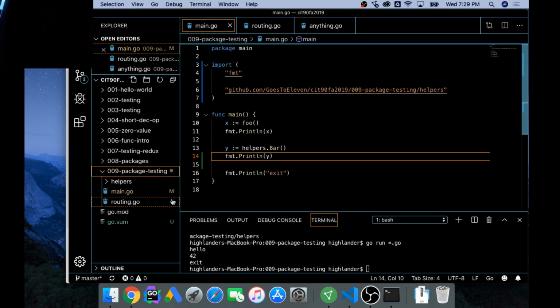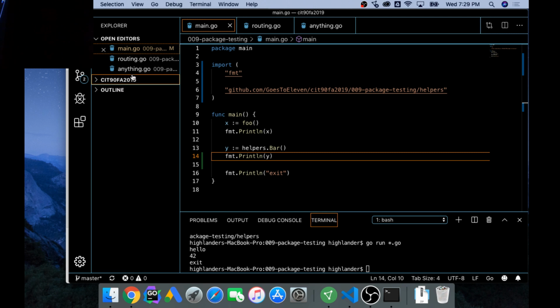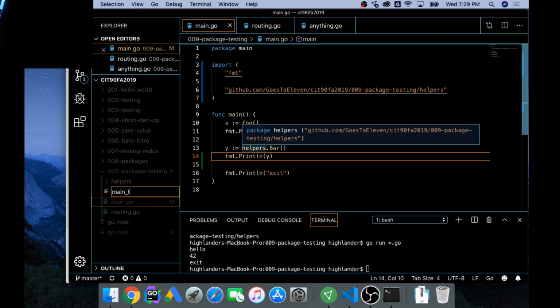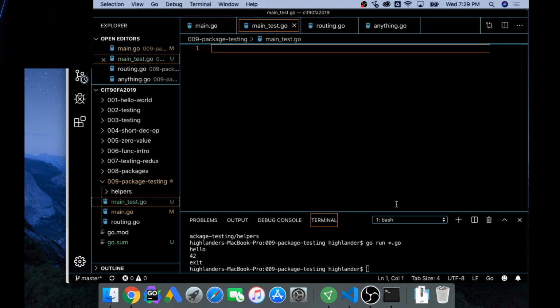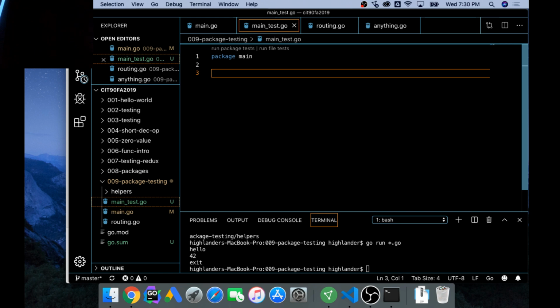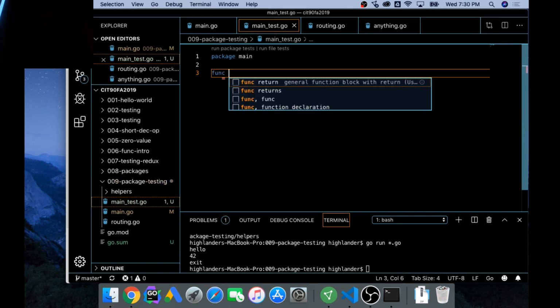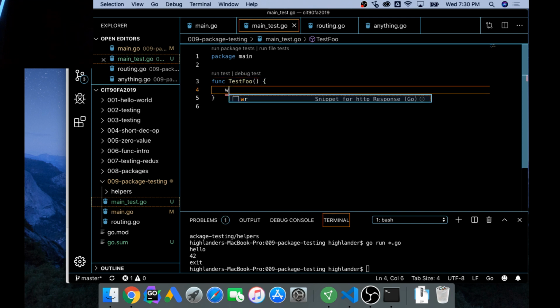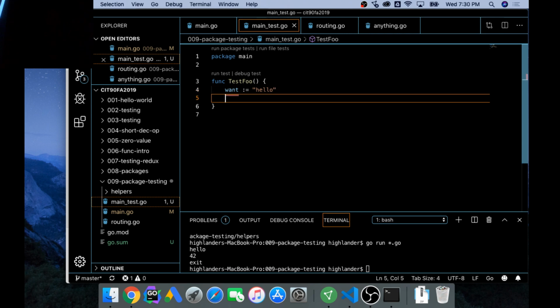So now I'm going to write tests. To write tests for this, right here I need a new file, and this one is going to be main_test.go, right? And this is going to be package main. And then we're going to have func, and we need Test, and then it's going to be Foo. We're testing foo. And we want is going to be equal to hello. And then if got is equal to